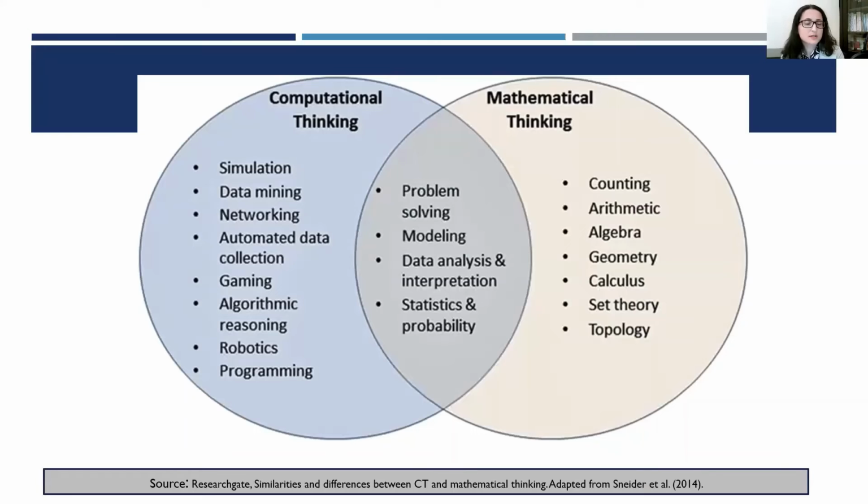Coming to computational thinking, because again, I am trying to elaborate on the previous first 3 domains. So if we ask ourselves, what is computational thinking? If we want to compare computational thinking to mathematical thinking, now we can clearly see what our schools have been conducting in the past. Our schools have been doing mathematical thinking: counting, arithmetic, algebra, geometry, calculus, etc. And all these include problem solving, modeling, statistics, probability, etc.